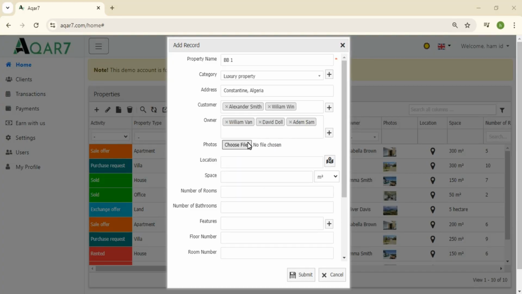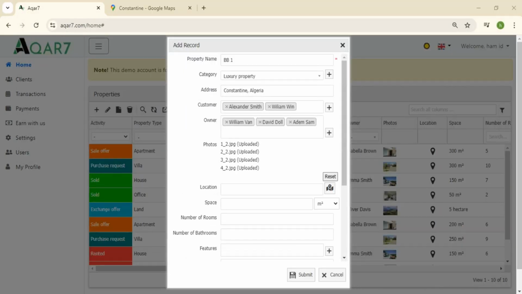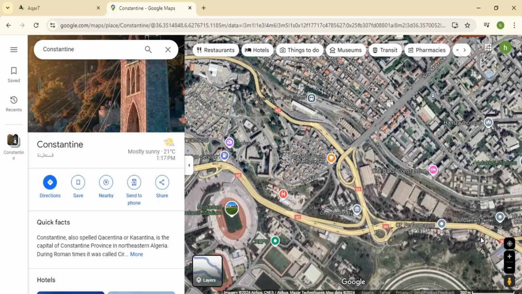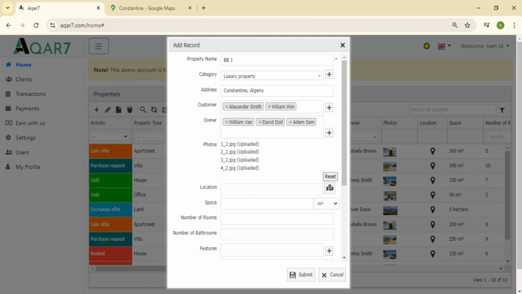Next, add the property photos by clicking the Choose Files button. Select the desired files, and click Open to upload them successfully. Then, specify the exact location of the property by either manually entering the precise coordinates